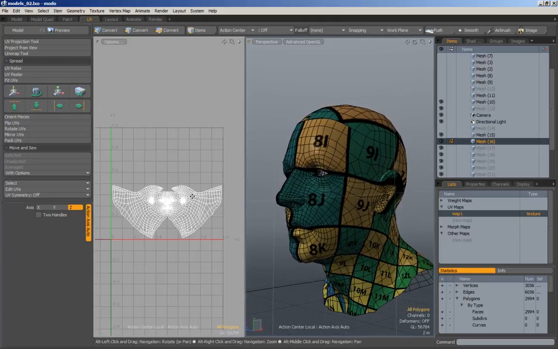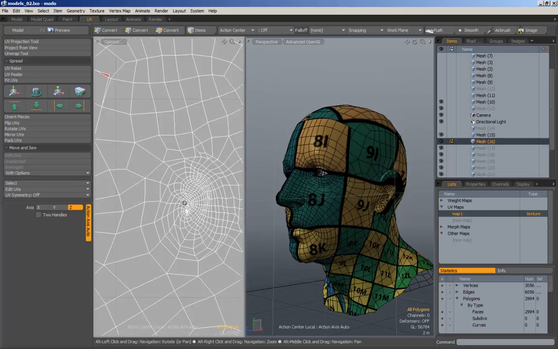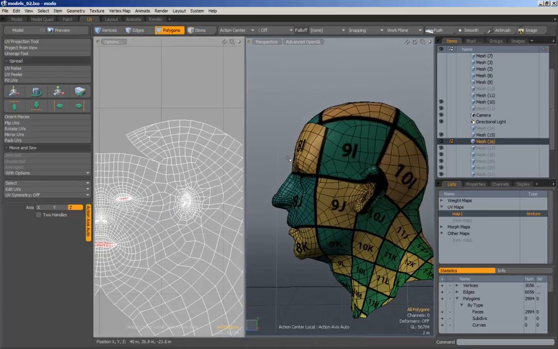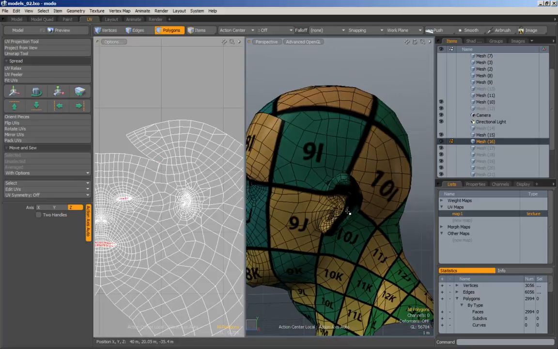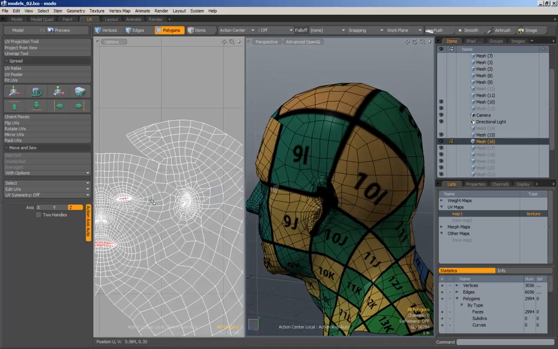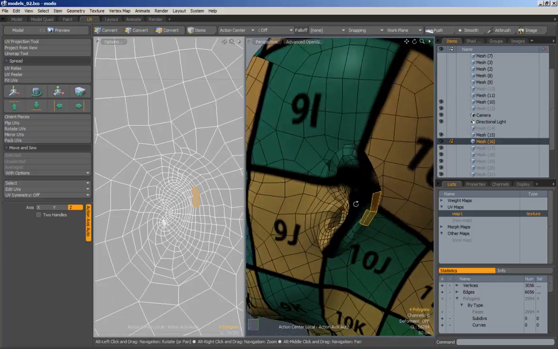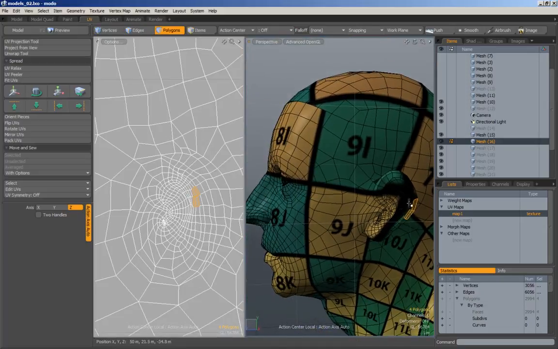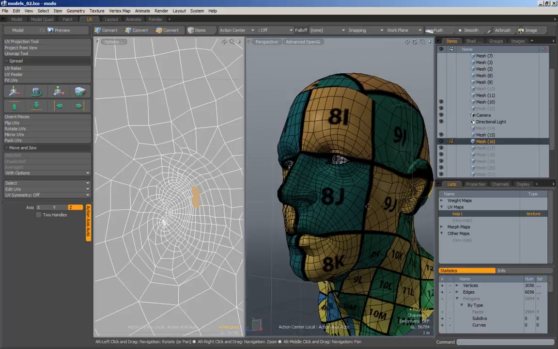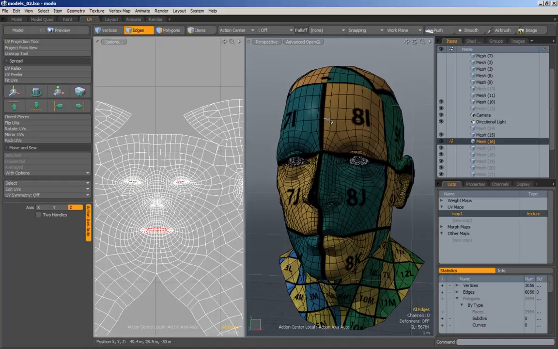Now, as far as the ears go, they did unwrap kind of okay. And if you're not going to be painting any specific texture maps on the ear itself, then this result is okay. Of course, you start noticing that there's a lot of stretching along here, and you might not want a result like that. So of course, what I could have done is, when I initially